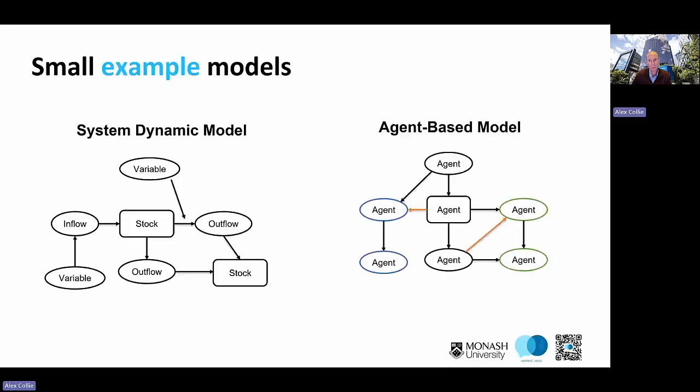In an agent-based model, what we're doing is actually looking at the interaction between people and different types of people. So here the ovoid people called agents might be injured workers, and the squarish one might be a lawyer or a return to work coordinator in a workplace, all of whom might have relationships, where the injured worker might have a relationship with this other agent. The blue ovoid things might be workers with mental health condition claims. The green ones might be workers with occupational diseases. The black ones with injuries. The orange interactions might be negative interactions. The black ones might be neutral or positive interactions.